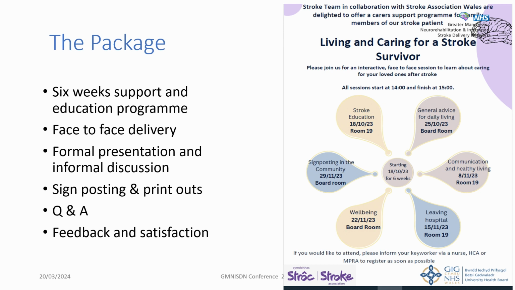So the program, as I said, is 6 sessions. I don't know whether you can see that. It has a range of topics, starting from questions like, do I have a chance? Does my loved one have a chance of a second stroke? If so, what can I do? So it's that stroke prevention kind of slant, to how can I help them with their emotions, to how can I help them move around, how can I help them with day-to-day tasks,